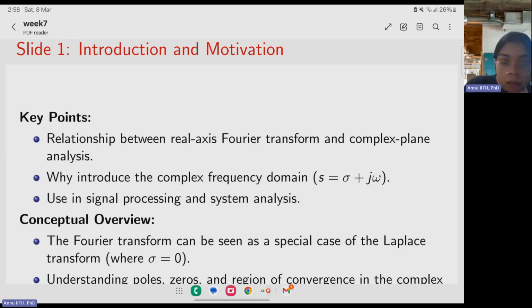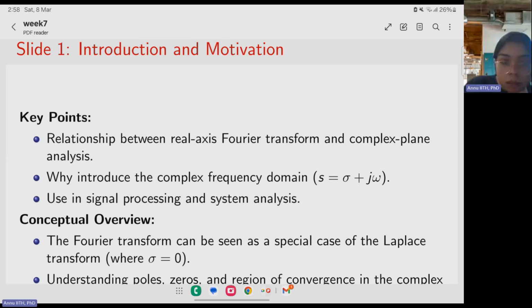For this week, the key points were the relation between real axis Fourier transform and complex plane analysis. So what exactly are the Fourier transform and the complex plane analysis, and the relationship between them? We will be seeing that through the Laplace transform, because we often know that